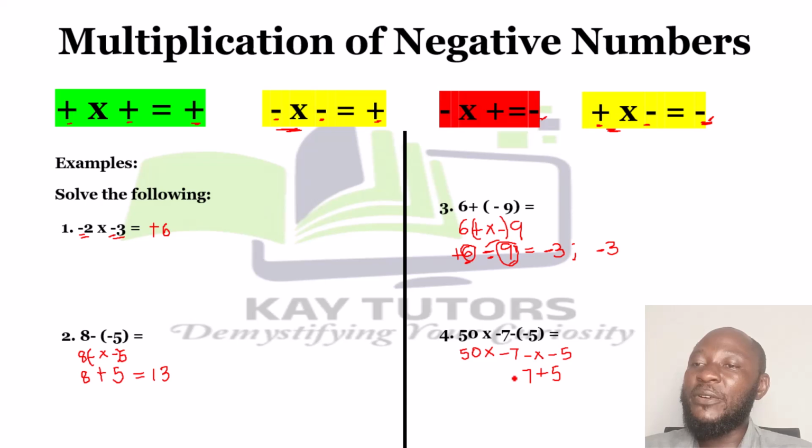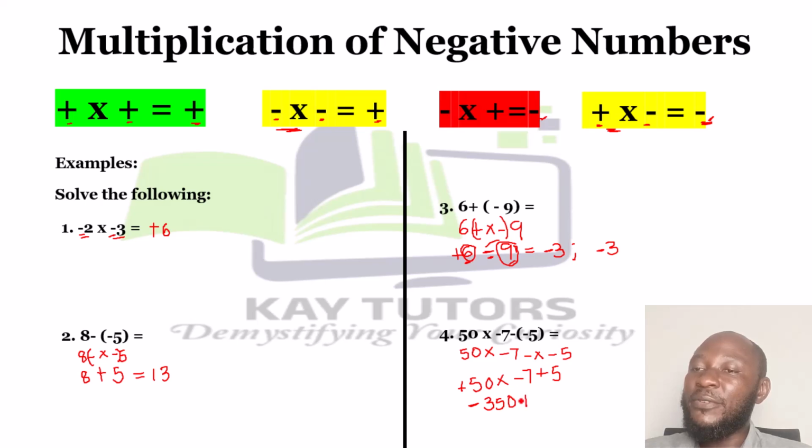Then I have minus 50 times minus 7. Okay, now for the order of operation, first of all, I will deal with my multiplication first. I've dealt with my bracket first, now I'm dealing with my multiplication. Now 50 times minus 7. Now for the fact that I have a positive sign here, minus times plus is minus. 50 times 7, 350,